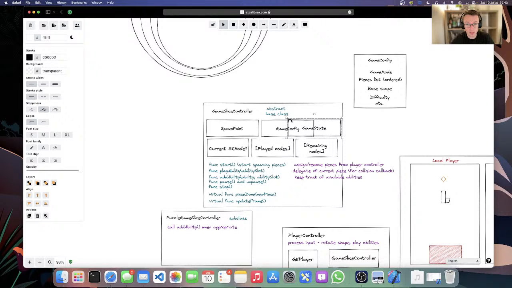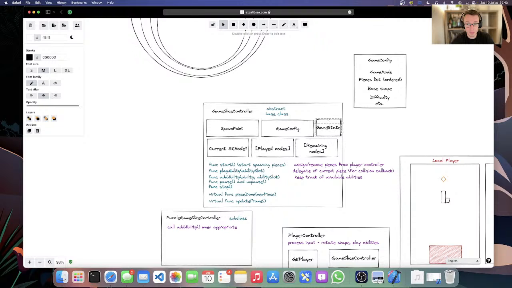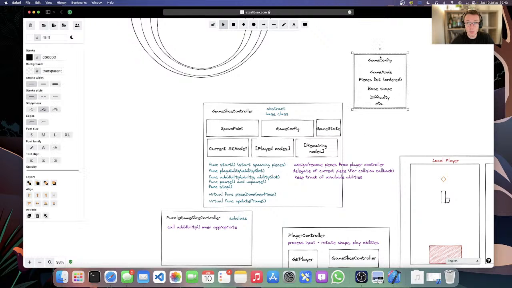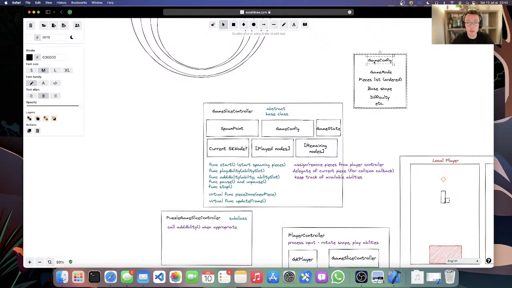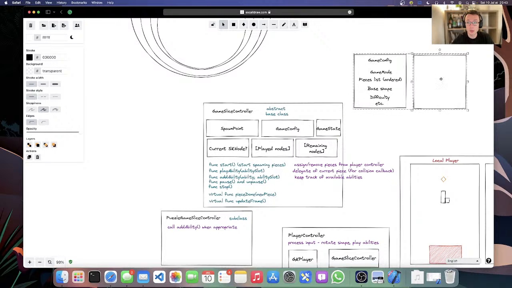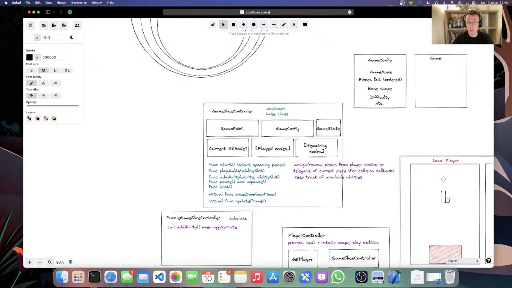Let's say game state. What a great name for a great concept. Game state is an enum, and the enum is basically